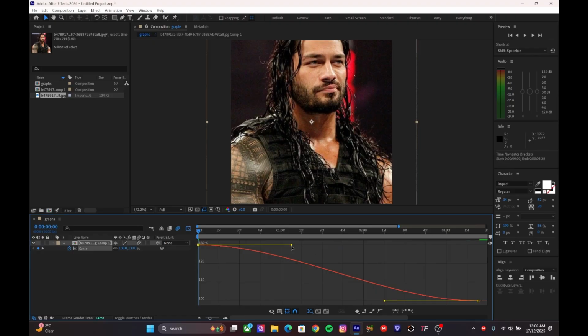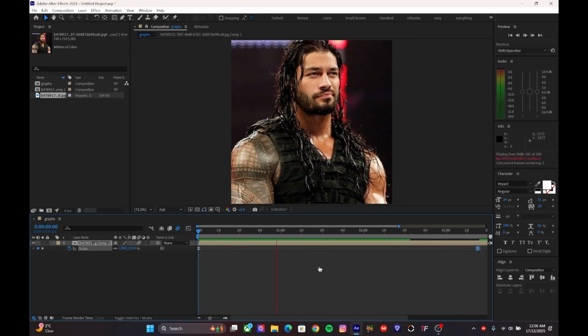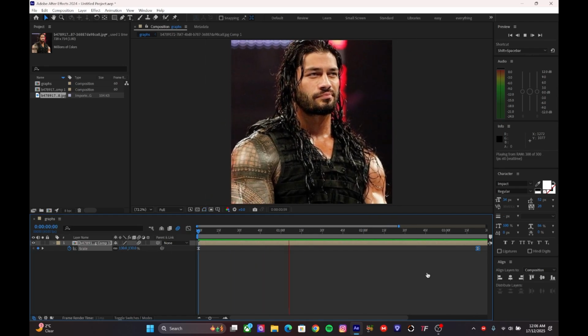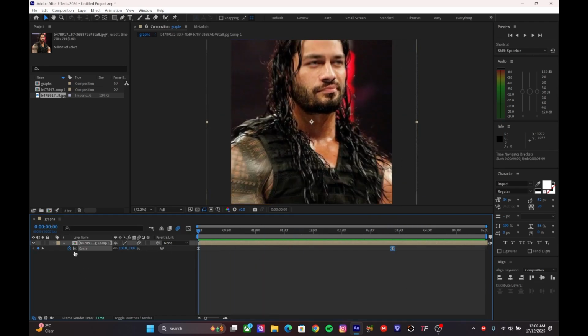Zoom in on my graphs a bit, and then to do an in keyframe, here I'm going to do a nice sharp in like that. It should look nice like that, but it can differ with outs and ins,